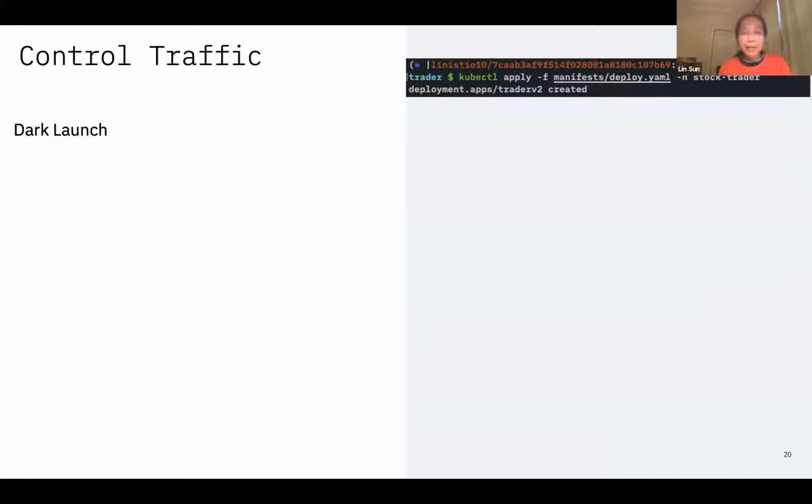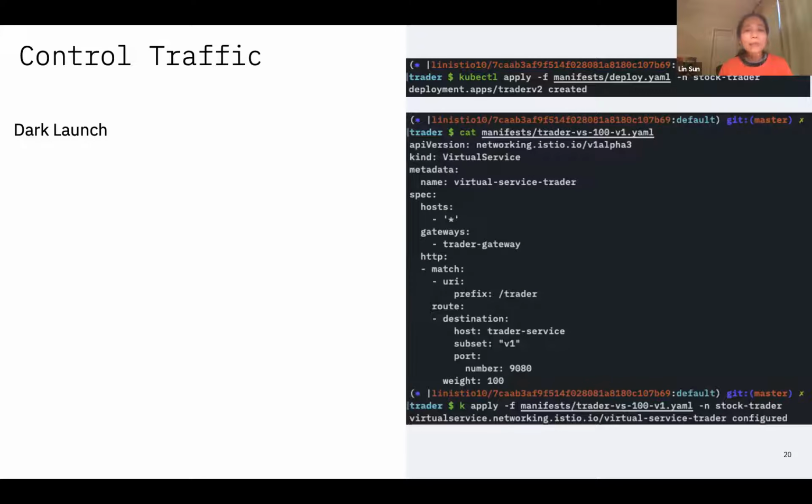Istio also allows users to easily dark launch traffic. As you develop your microservices, you are going to need more than one version someday as you make improvements. In this case, we deploy a version 2 of the Trader application, and then we use the virtual service resource from Istio to configure the traffic to say, I haven't tested my version 2, so I want 100% of the weight to continue to route to version 1 of the Trader service, so that I could dark launch version 2 without impacting anybody.